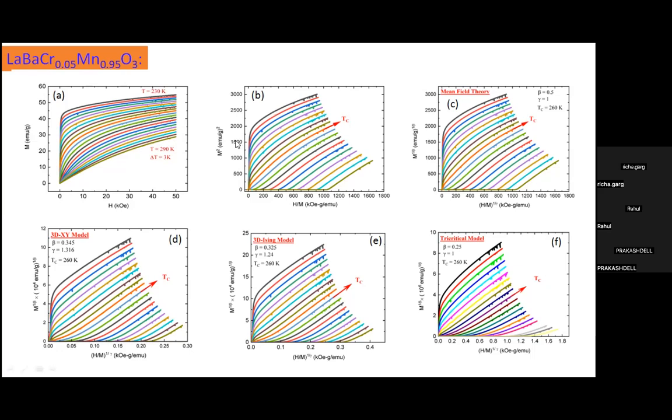So I have one more thing. It's not a question, but perhaps a suggestion. To me it seems that if these are the requirements, then at temperature TC, the plot between m square and h over m has to be a straight line that passes through the origin, having, let's say, slope 1. This is one requirement. Yeah. The second requirement is if you go above